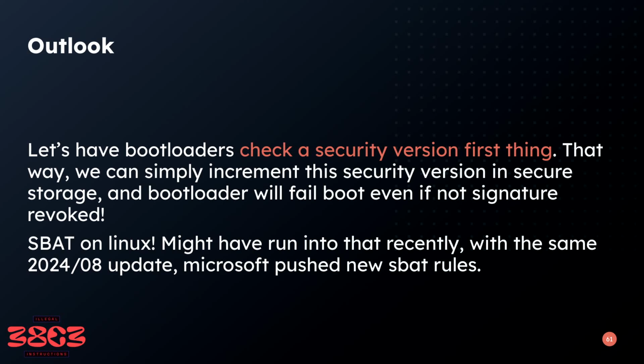If any of you ran into SBAT secure boot errors recently, this is exactly the reason. With the 2024-08 update, Microsoft pushed some SBAT rules, which say only grub versions newer than X are allowed to boot. And the first thing grub does is check: okay, I know my own version is version 2. I see in this memory it says I shouldn't boot if I'm not at least version 3. So I probably have a bug. I'm just gonna abort booting. This is the idea here,